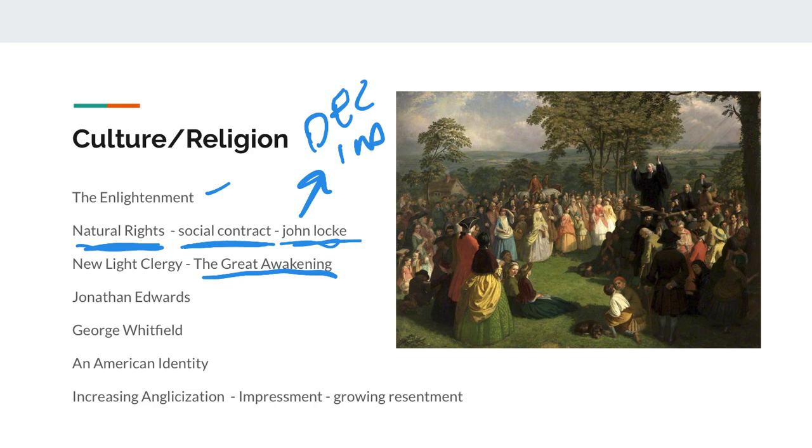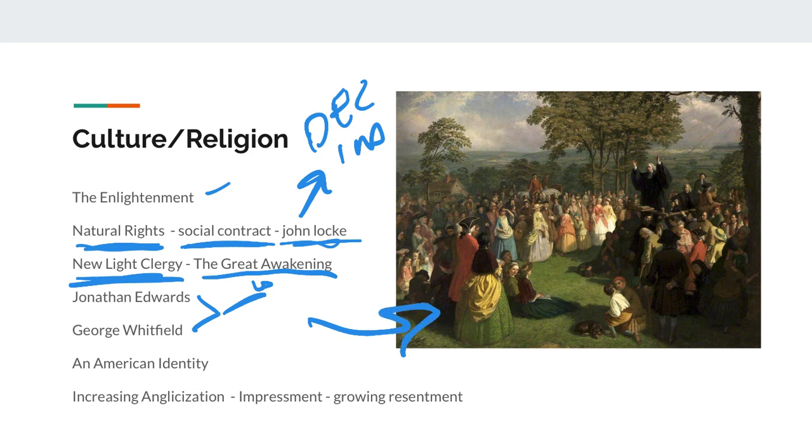The Great Awakening is basically going to be a religious movement, a revival movement, right? Which started in Europe, and came to North America by the likes of itinerant preachers like Whitefield and Edwards here. They're both going to be instrumental in preaching the Great Awakening. And so remember, this is going to emphasize personal salvation. It's going to lessen the ideas of American clergy. It's going to bring us the New Light clergy, right? A lot of their